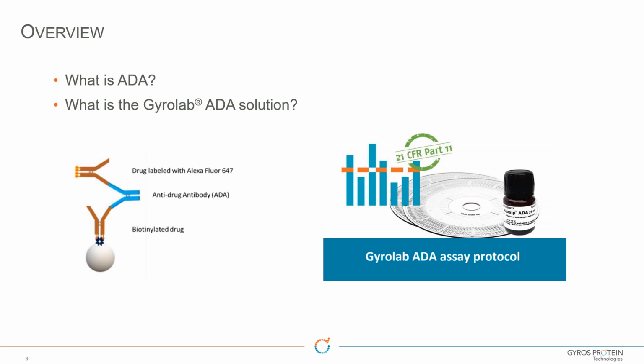Yeah, so we're going to give a brief introduction into anti-drug antibody assays and talk about in particular how the Gyrolab can be used to actually measure anti-drug antibodies. And in particular, we're going to go through a comprehensive development guide giving an overview of experiments that we set out, how to develop an assay very quickly on the Gyrolab. And hopefully we'll be able to talk to you directly, and we can share our knowledge and help you develop